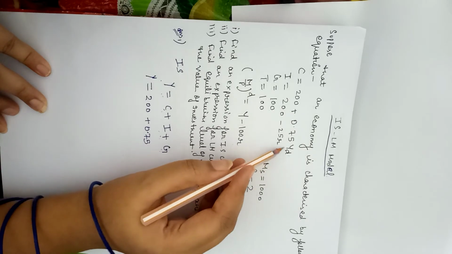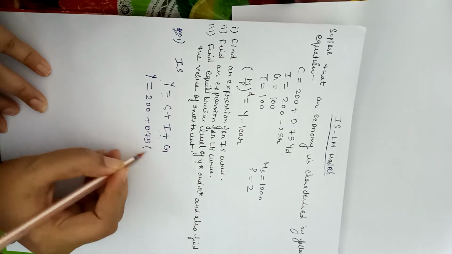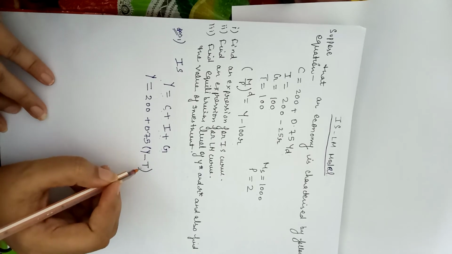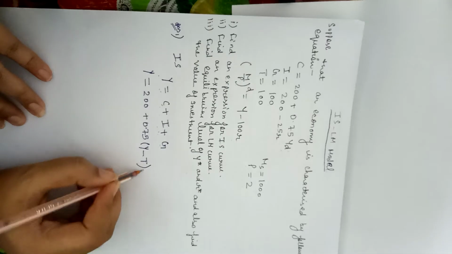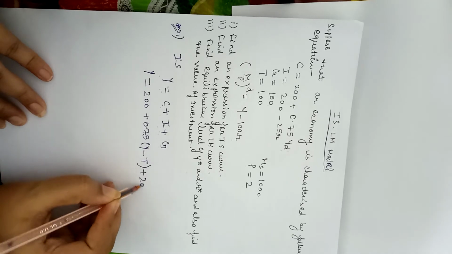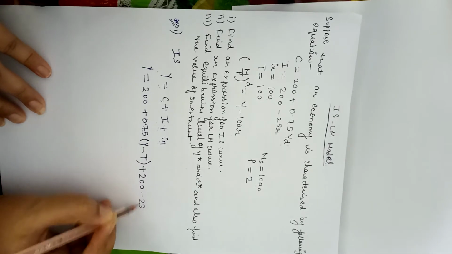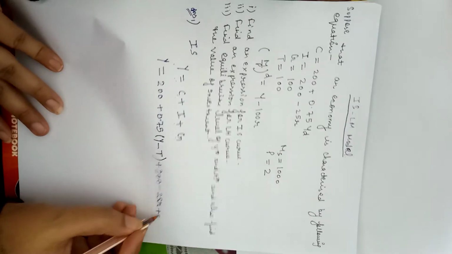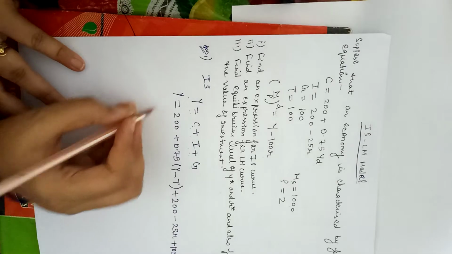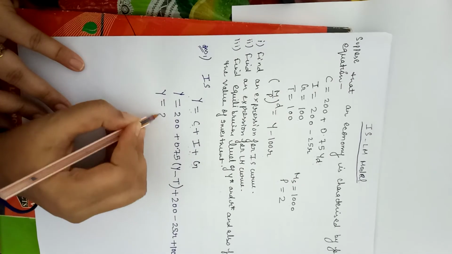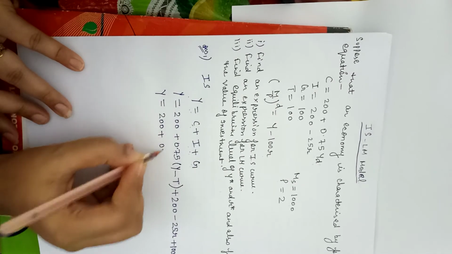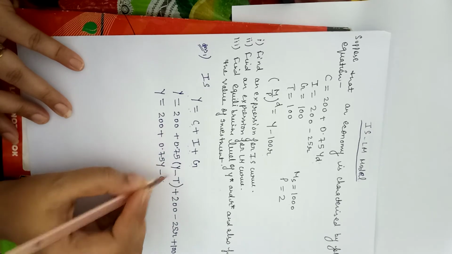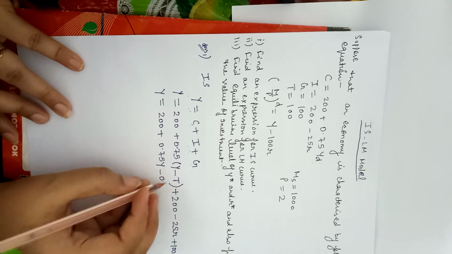So now we can write this as, here it is disposable income. So we can write it as Y minus T, that means income minus taxes, which will give us disposable income. Now plus investment, and then we have government expenditure which is 100. So we will now simplify this. We can write this tax as 100.